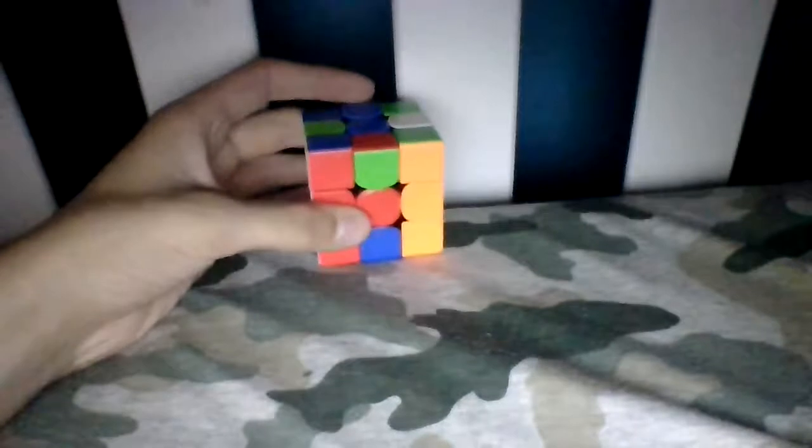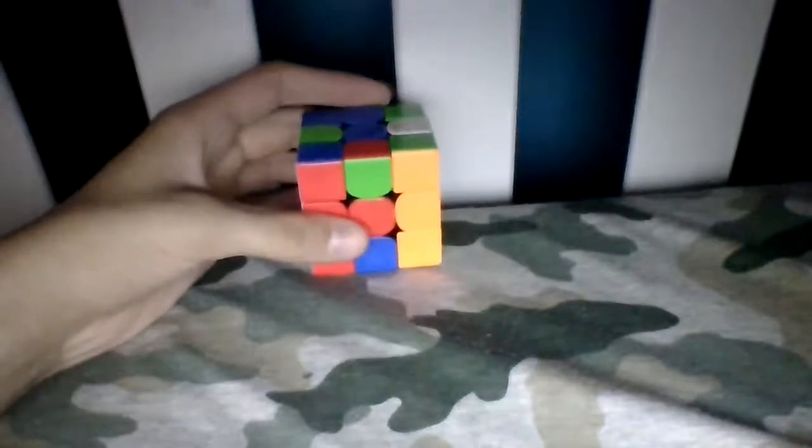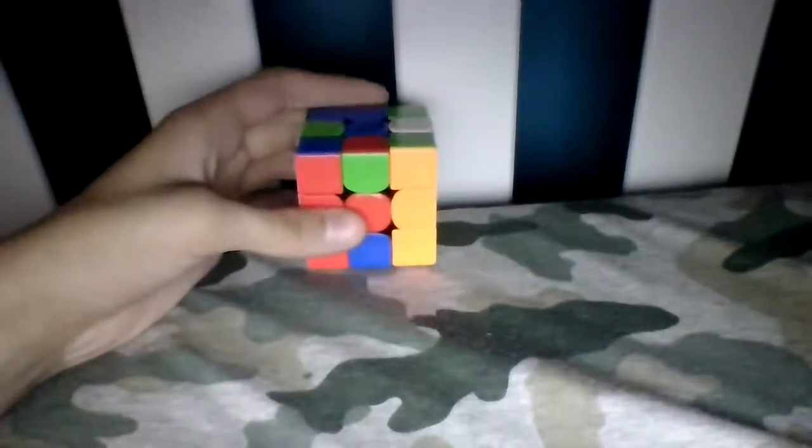I'm going to show you some special cases where it's already on the left and right edge, right layer. All you want to do is just take it out and put it back in. Which is going to do a few more extra moves than you want. But you just want to take it out and put it back into its normal spot. So that it's that easy. So, there's that. So, the next step here